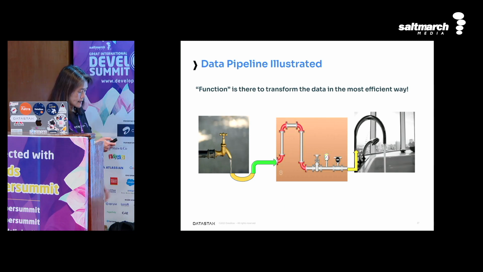We're looking at data like water flowing through a faucet. It goes through and needs to be processed, like in a processing area, and then when it's done, it flows into a sink. That's the idea of the data pipeline. You can apply these techniques to data science applications, machine learning, and AI. The key is that the data comes in, and then this part is transformed. You can do message enrichment, remediation, analysis, all of these things. And this is where Pulsar Functions can come in to help you transform the data.